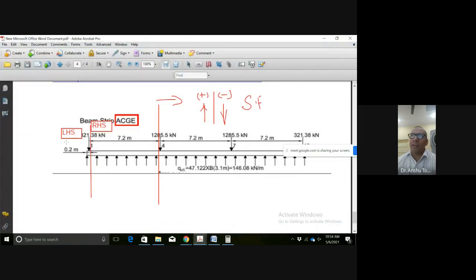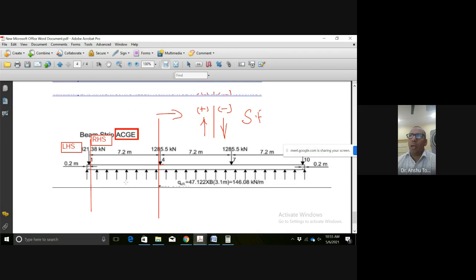Again on the left hand side, here we know what is the value. Now again on this particular point, we do not require taking left hand side and right hand side. We just have to have values on the single points. So I want to have a value on this particular point where I've got a UDL acting on this particular total span and a point load at a distance of 7.2 meter. So what is going to be the value?